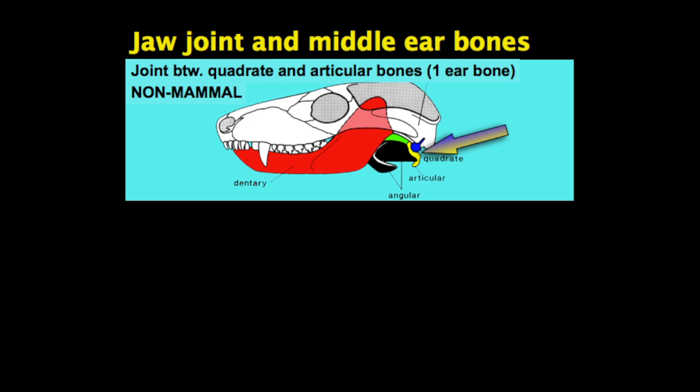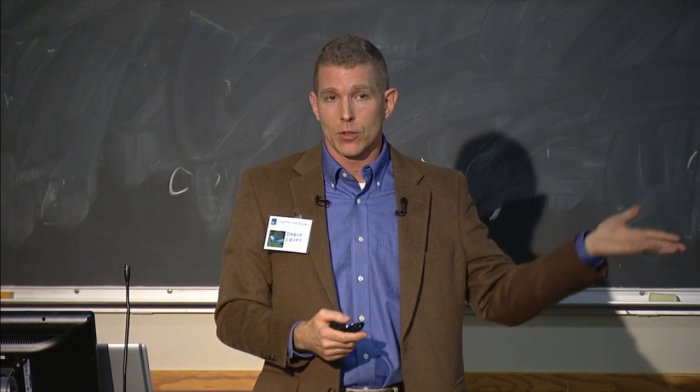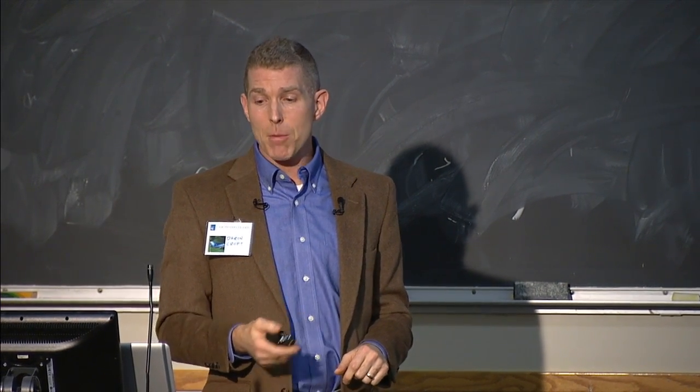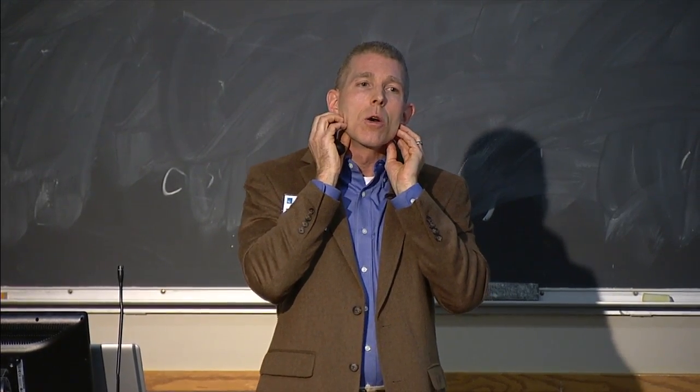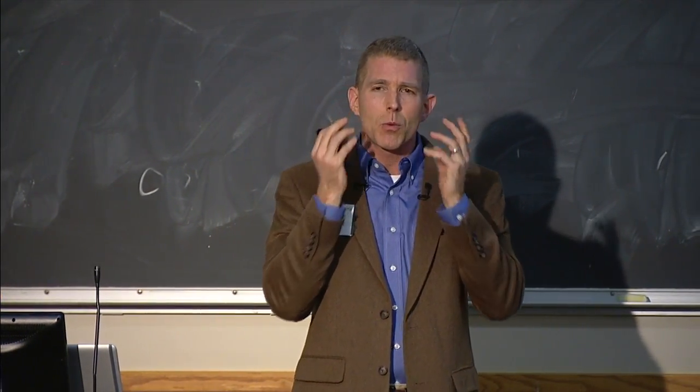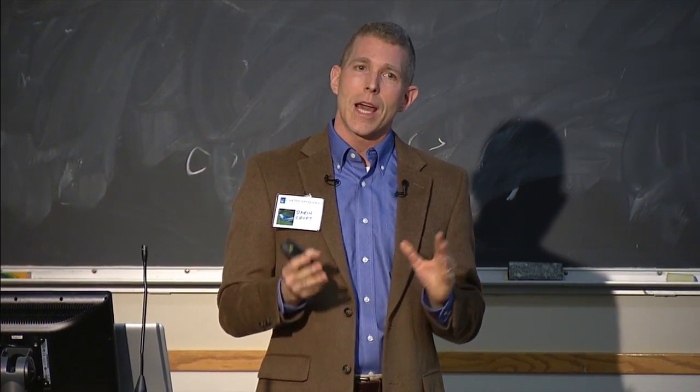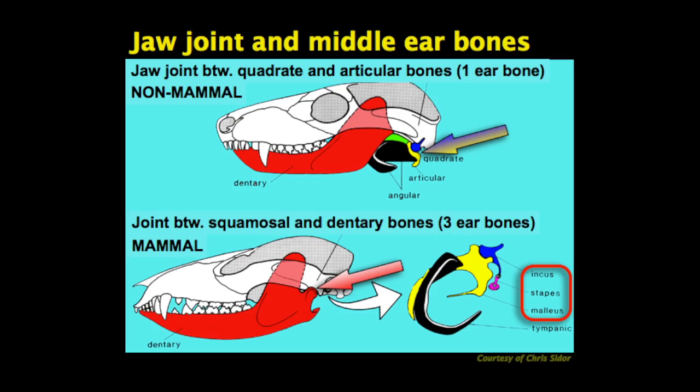And it just has one middle ear bone, just like a bird, just like a dinosaur, just like a crocodile. In a mammal, we have a jaw joint that's between the red bone and the white bone there, the squamosal and the dentary, and we have 3 ear bones because we can trace through evolutionary time that those, what are known as postdentary bones, got smaller and smaller and were captured by the middle ear and became our incus and our malleus. So 3 middle ear bones and a dentary-squamosal jaw joint are the one way to surely recognize a mammal in the fossil record. And we could talk more about that too. It's one of the great evolutionary transformations that we have.